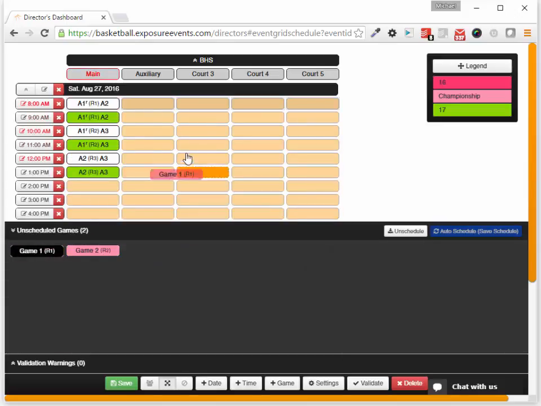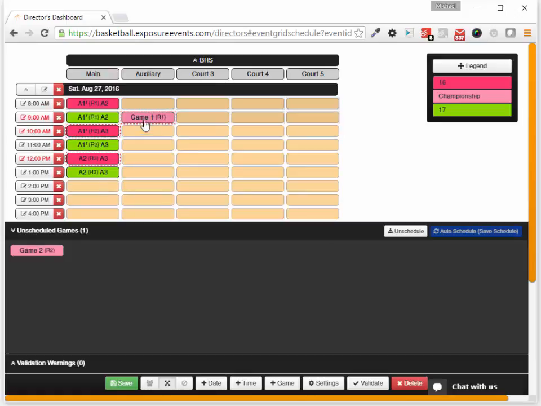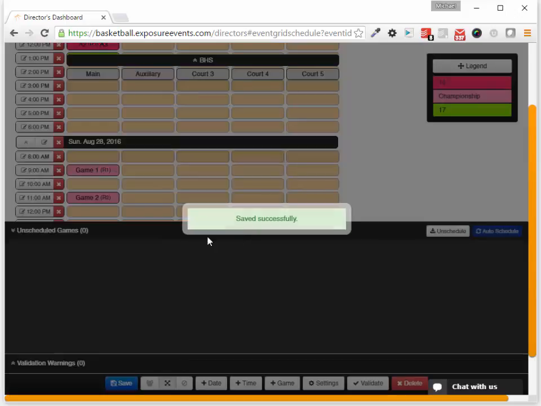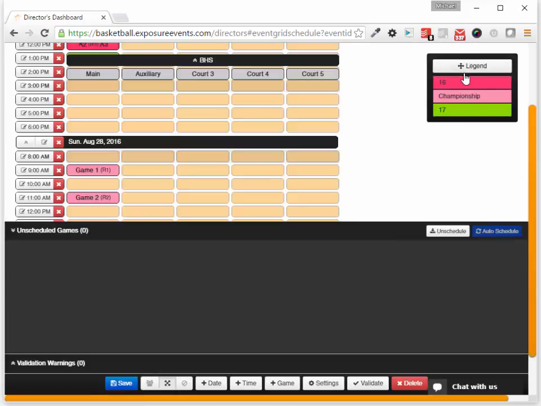We also validate pool games or bracket games before pool games. So let's go ahead and schedule that on day 2. And if you put a round 2 game before round 1, we also validate that too. So let's go ahead and fix that. We'll hit save. If you just want to schedule one division at a time, you can click 16s in the